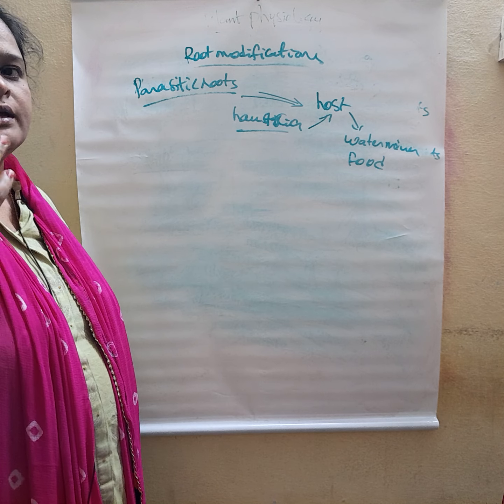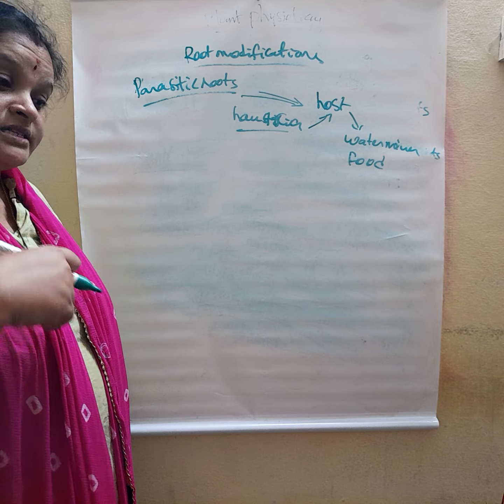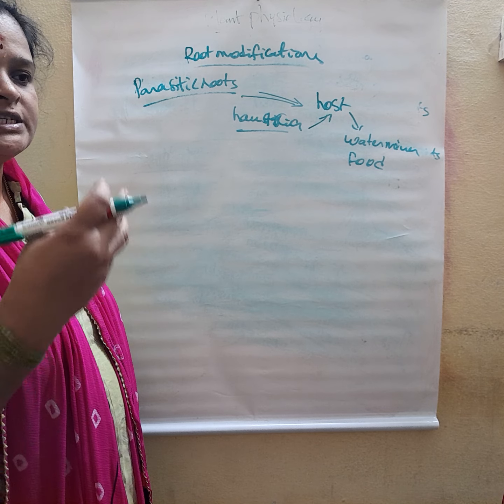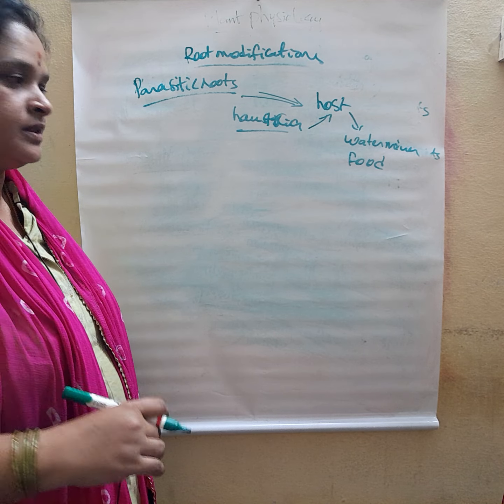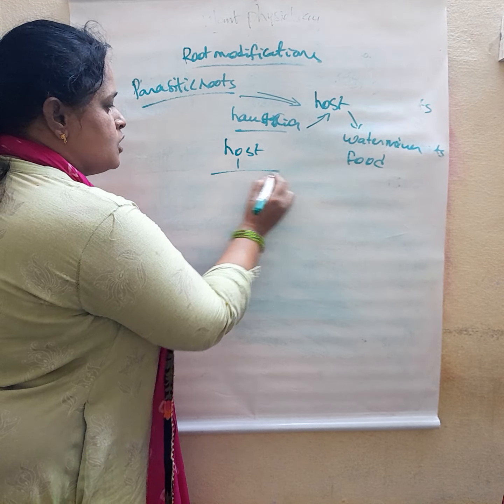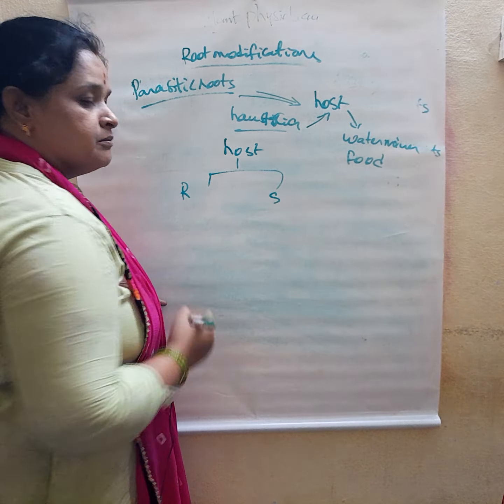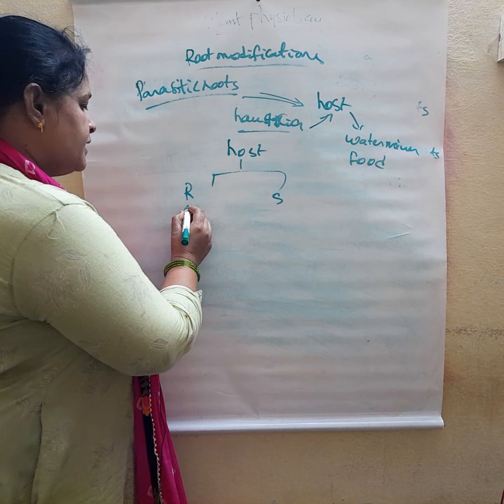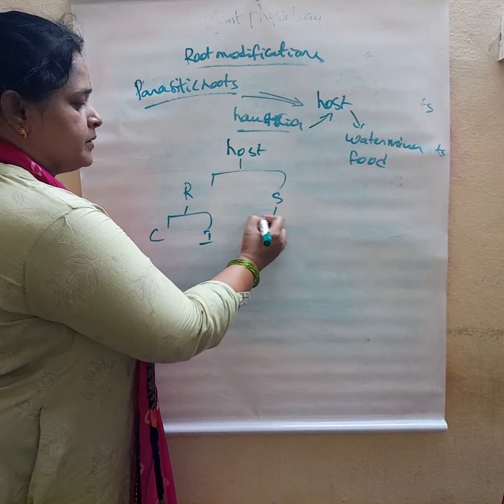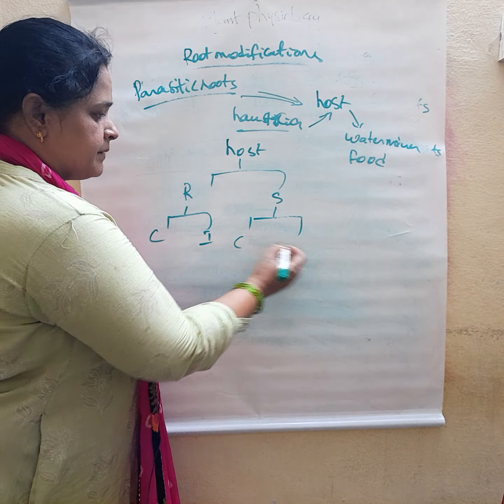And the site where it is accepting this food and water and minerals, that may be root or maybe a stem. Okay, it's a host plant. Host root, host stem. Okay, it may be a complete root parasite or incomplete root parasite, and stem complete parasite,